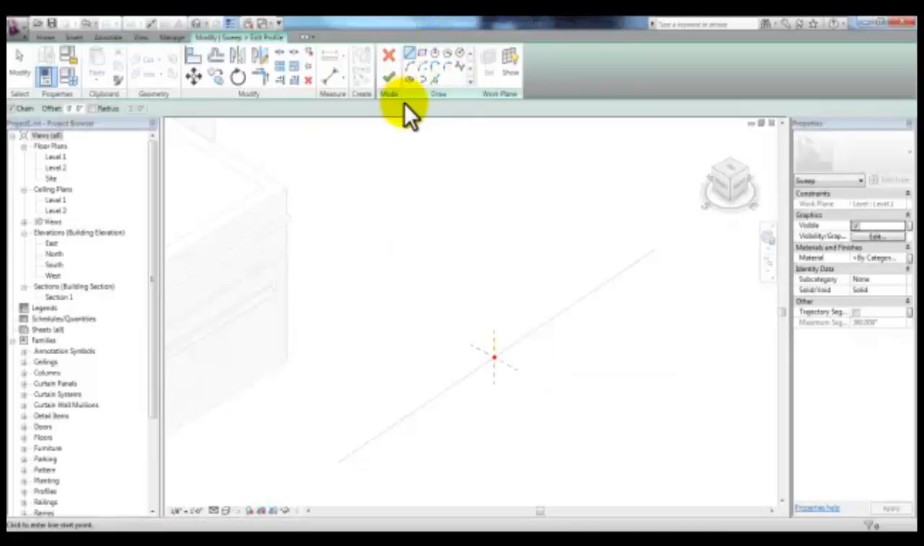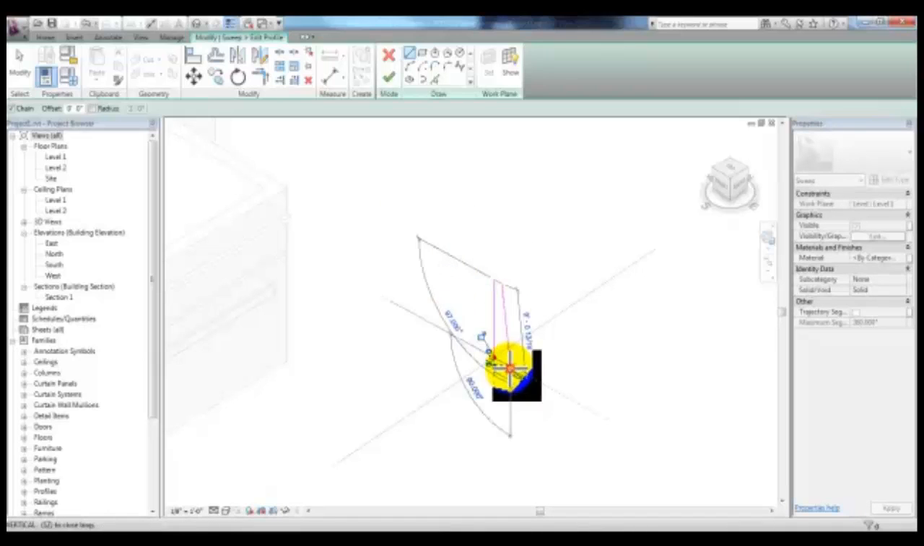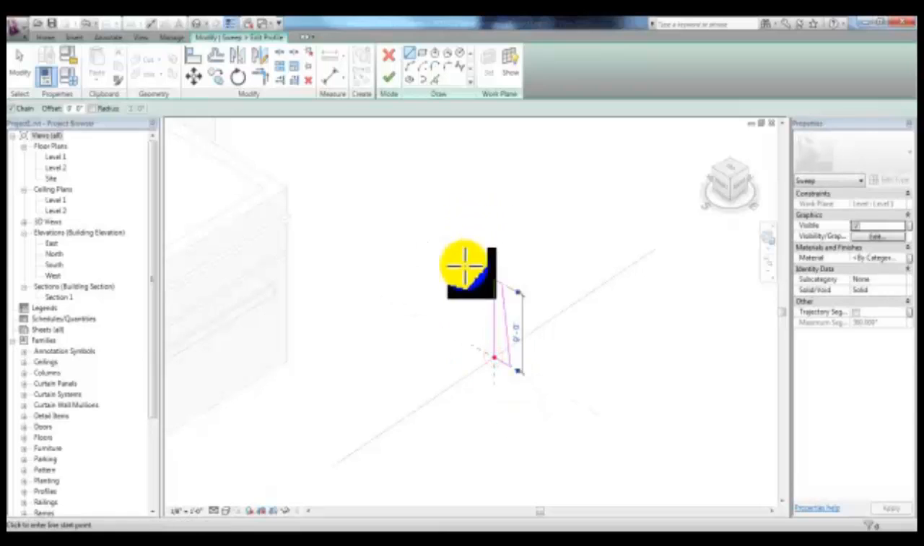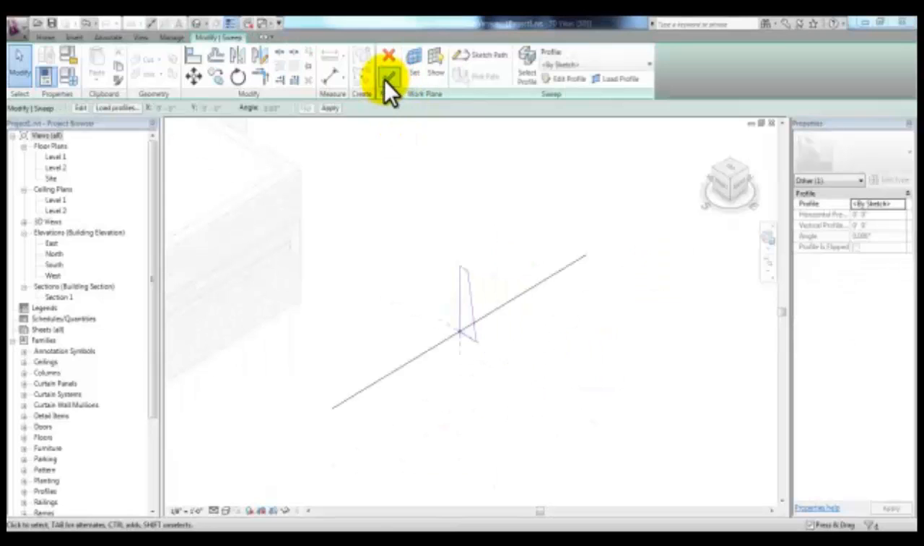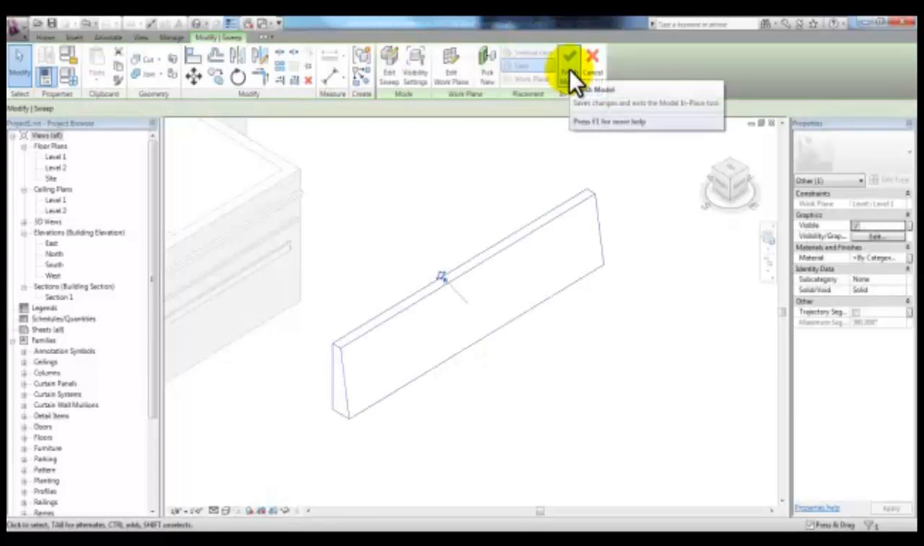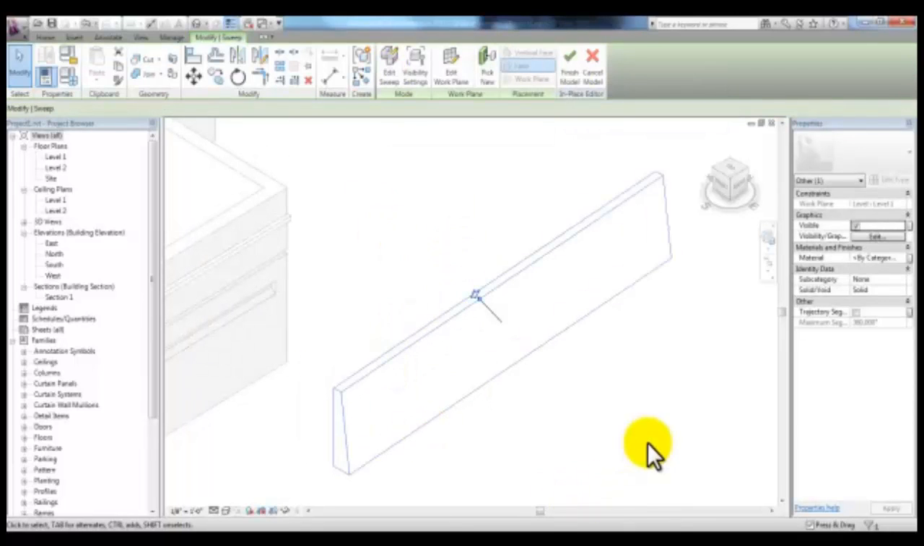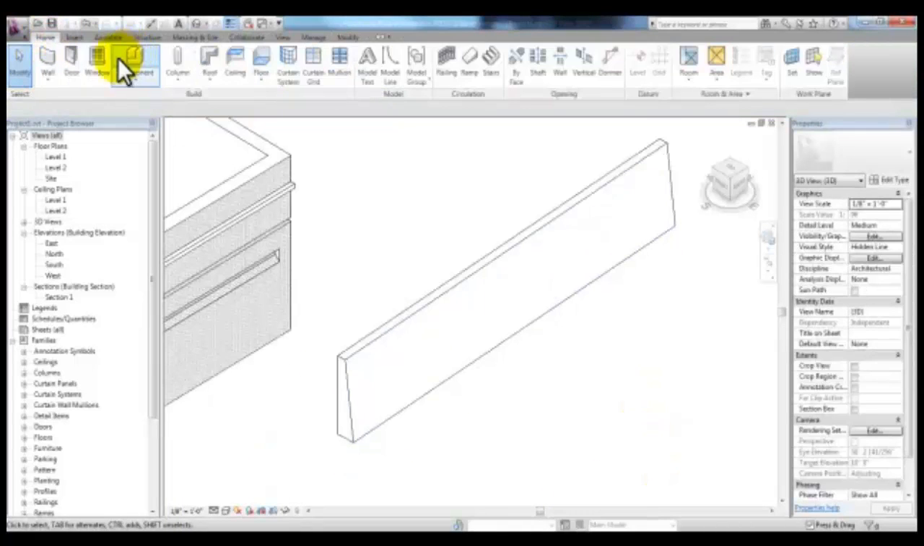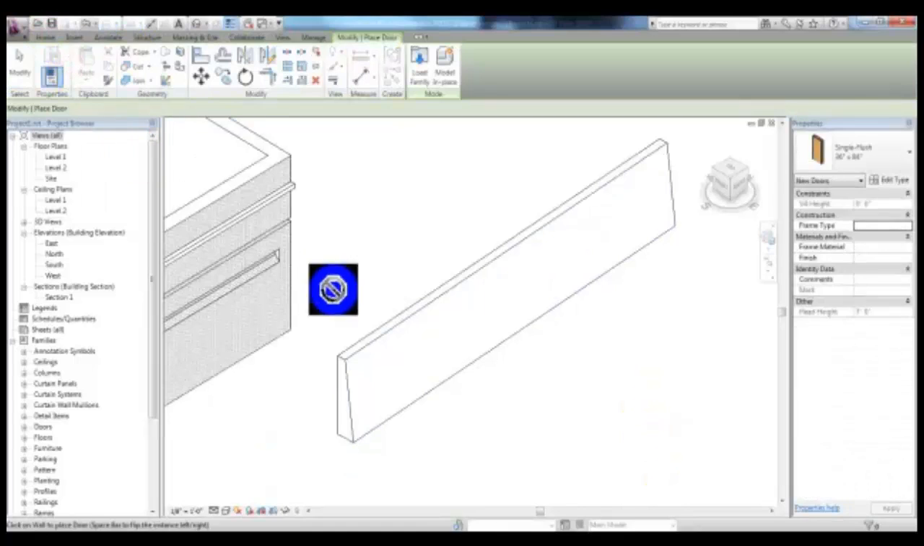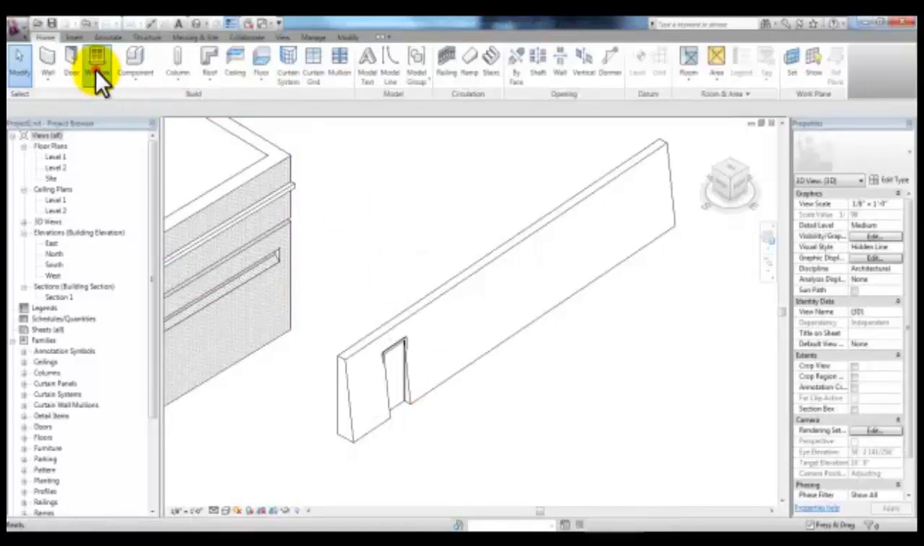Using these draw tools, once you draw the profile of your wall, pick Finish Edit Mode and then pick it again, then pick Finish Model, and your wall is created. If we place a door or a window in this wall, it retains the properties of a wall to place